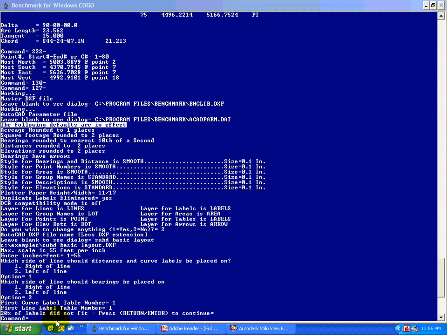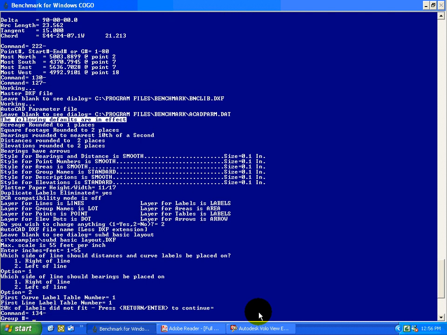Having created the groups and showing you what the plots look like, the other thing that creating those groups allows us to do is to print out descriptions of the two groups that we created. So if I enter 134 minus, and I believe group 101 was the first group,